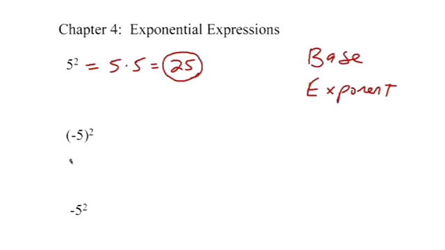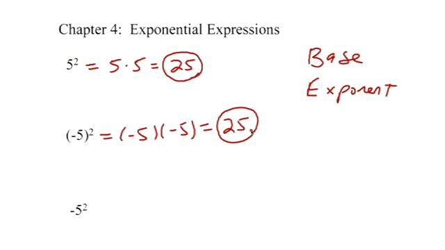Similarly here, negative 5 squared, that means multiply 2 negative 5s together. And there are 2 negative signs, so the answer is positive. 5 times 5 again is just 25. Now, Jerry, what is the popular wrong answer to this problem? Well, the answer that about 70 to 80% of our students give us the first time is positive 25.